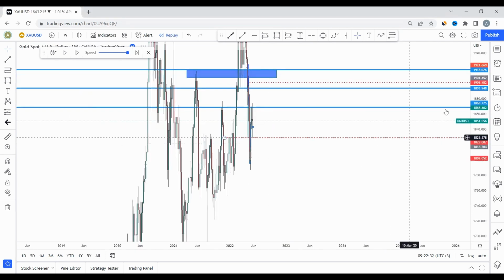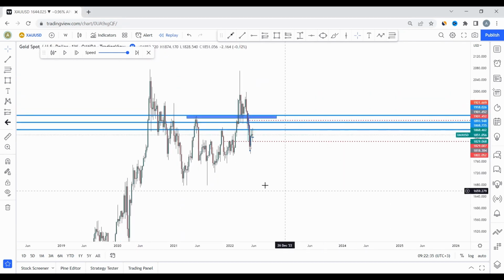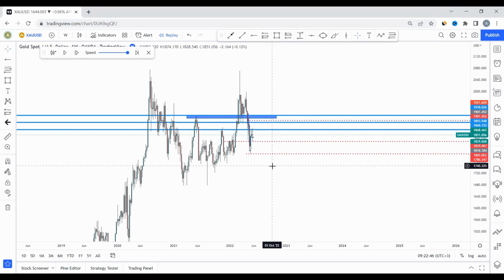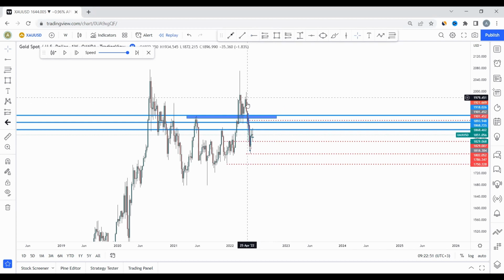When you go back to weekly, you will notice where our next possible target is that could hold this price. The first one is this one here, right? I'll just mark it. The first one is this low here, and then the second one is this one here. But of course, we expect at least the market to give us 75% of this move, or the same distance of this movement here downwards. So there are higher chances this market could actually also break this and make a low, right? So when you're measuring, make sure your stop loss is at least a third of your target, or your target is 3 times your stop loss.